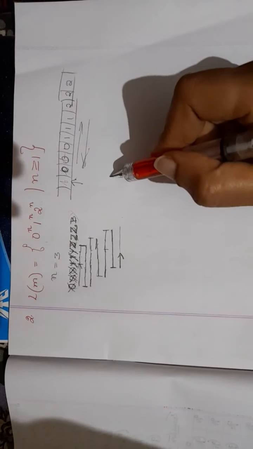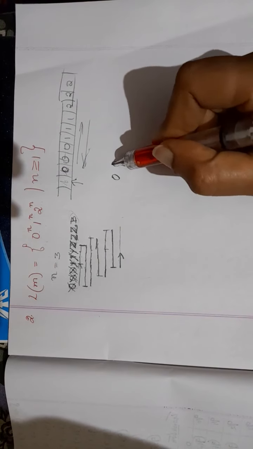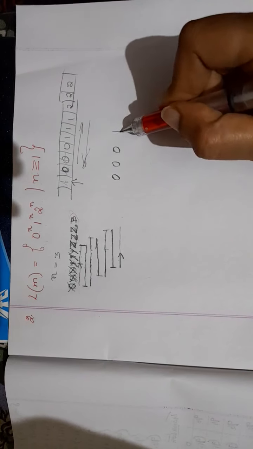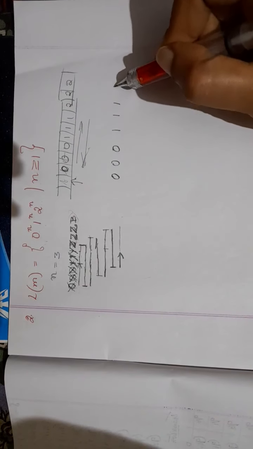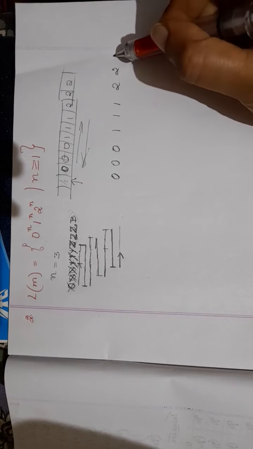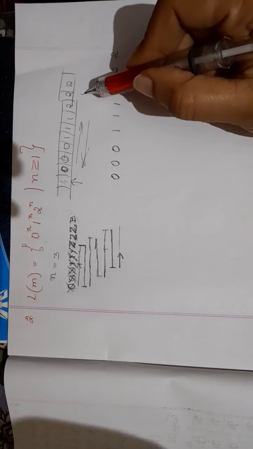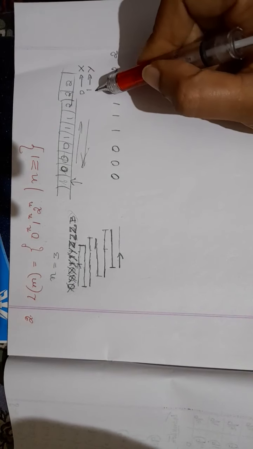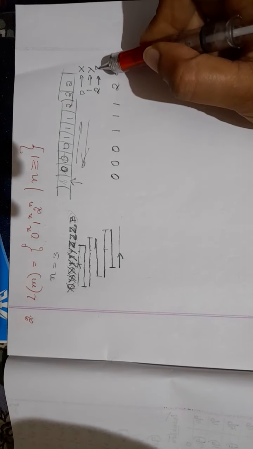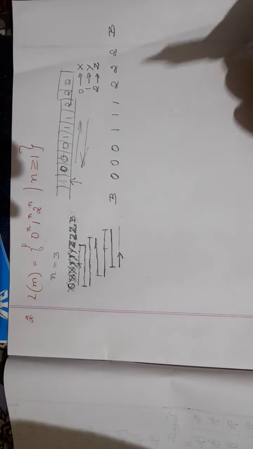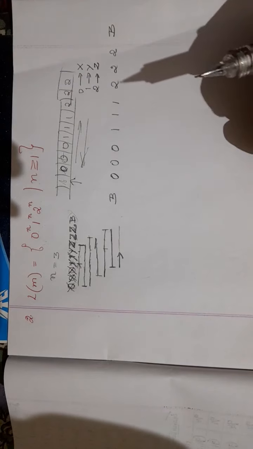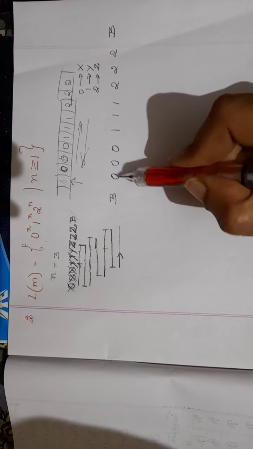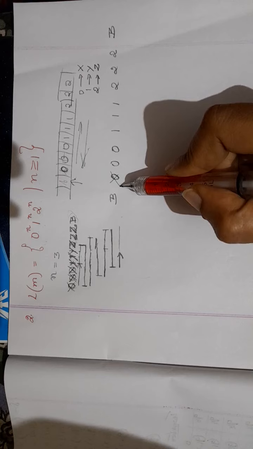Okay, so my example was 0, 0, 0, 1, 1, 1, 2, 2 and then 2. I am replacing 0 with x, I am replacing 1 with y, I am replacing 2 with z. At the end I have blank. Here also I have blank. So what is the first step? Start. First you are reading 0, replace 0 with x. Okay. So we shall draw the Turing machine for this.